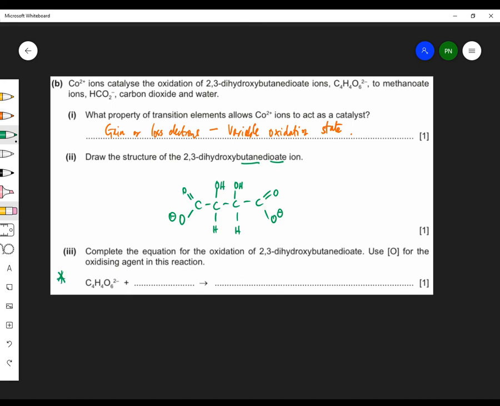Now, this is the tricky bit, I guess, isn't it? How are we going to react this with oxygen, with the cobalt being the catalyst for the oxidizing? How are we going to use cobalt to do this? I don't know off the top of my head. So it says we get